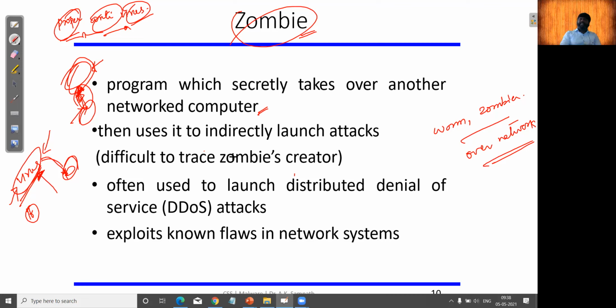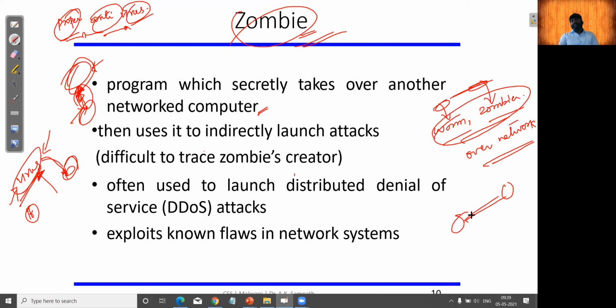But when we talk about these two malwares, worm as well as zombie, without any third resource, they can be transferred directly over the network from one device to other devices, propagating through the communication links. I hope this is clear.